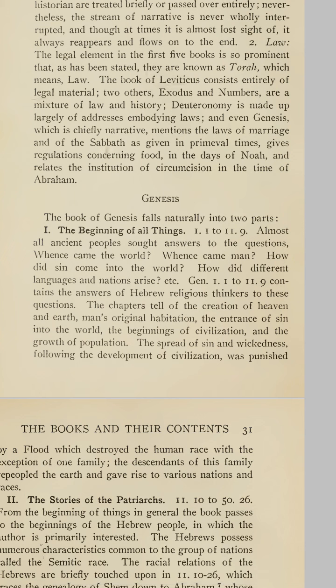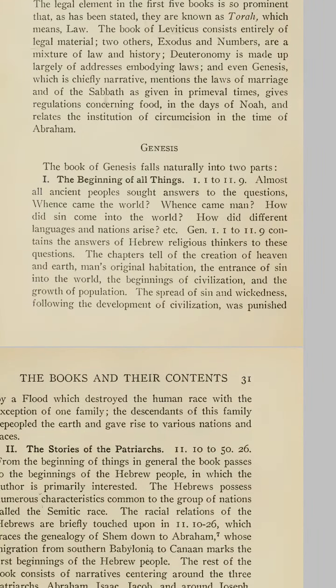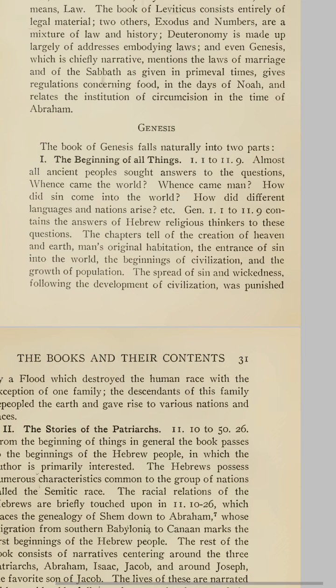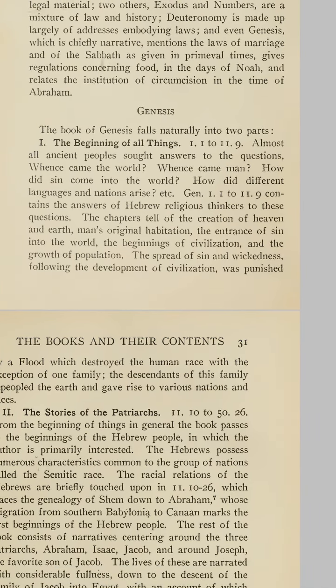Law. The legal element in the first 5 books is so prominent that, as has been stated, they are known as Torah, which means law. The book of Leviticus consists entirely of legal material. Two others, Exodus and Numbers, are a mixture of law and history. Deuteronomy is made up largely of addresses embodying laws, and even Genesis, which is chiefly narrative, mentions the laws